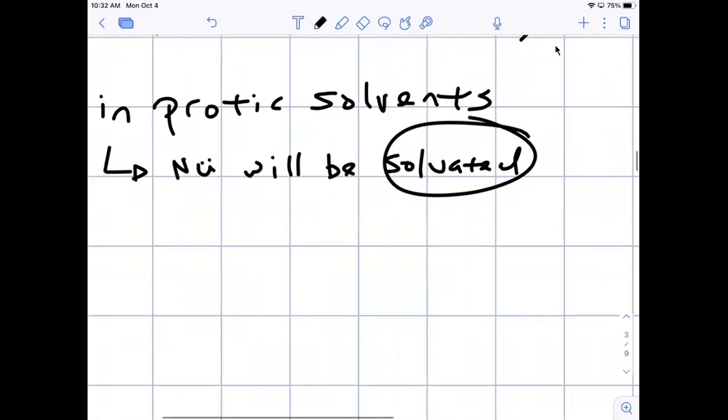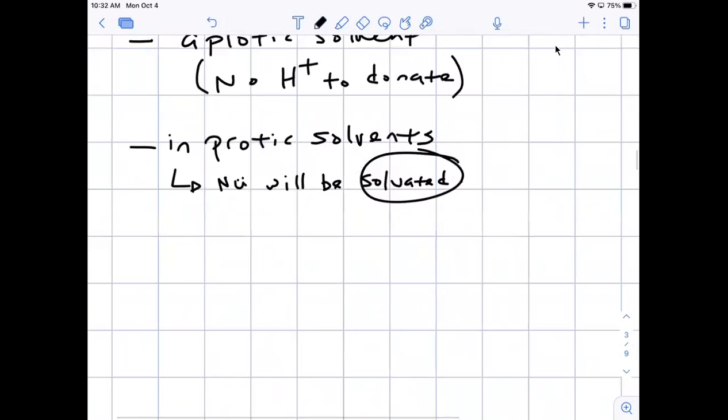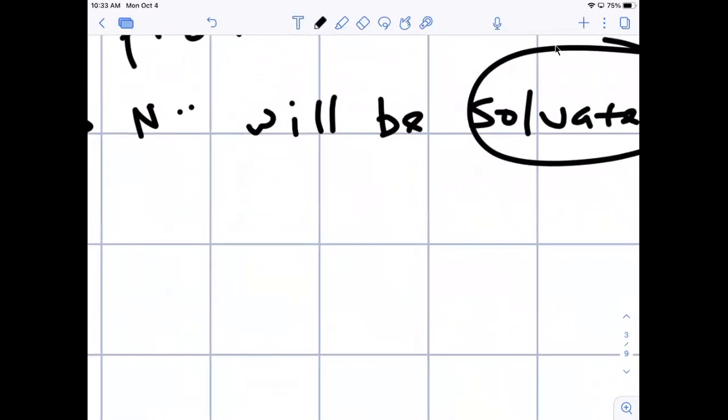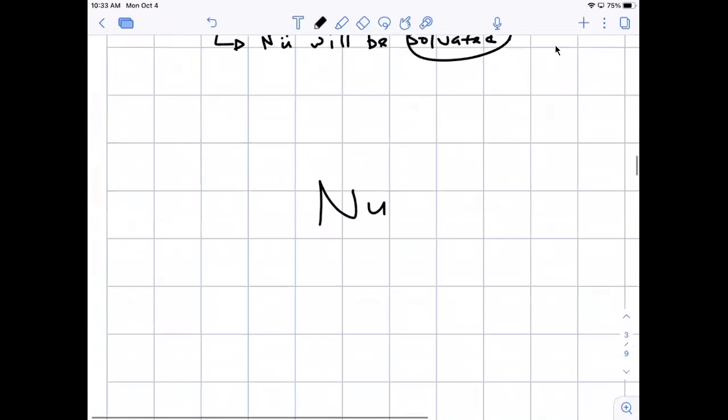Very important term, right? Let me show you what that means in layman's terms. It's basically like you put a fence around your nucleophile, but the fence is going to come from the protons that are on your protic solvent, right? So if I have my nucleophile here, let me use the one that's up top. If I use SCH3,